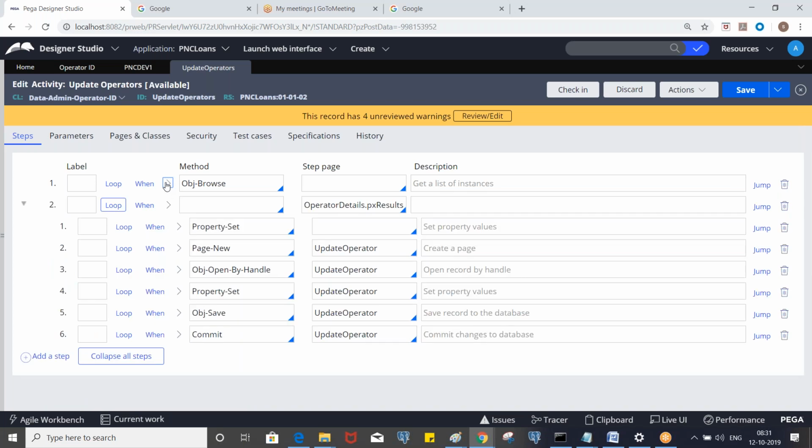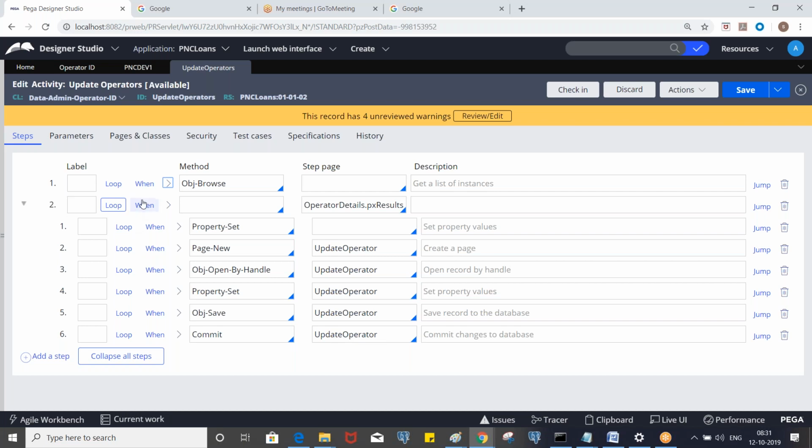So you will see the px result count property on the page, like the operator details page. If it is less than 1, you don't need to execute all these steps.